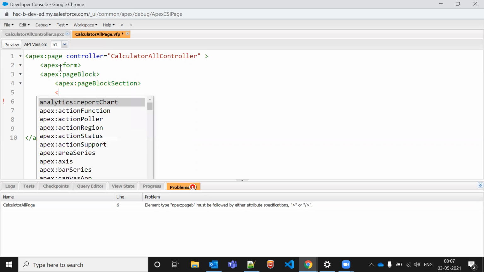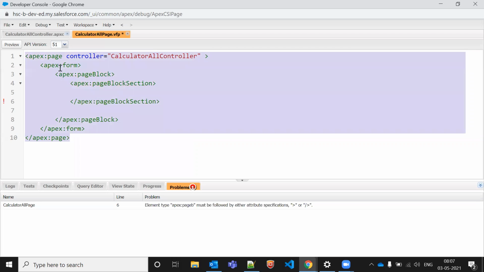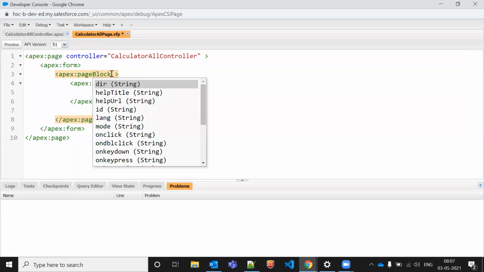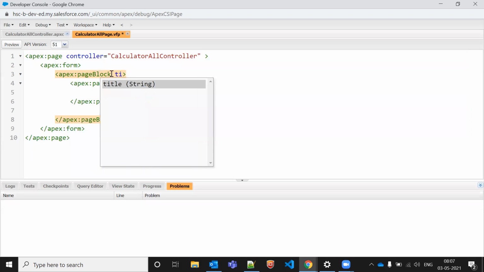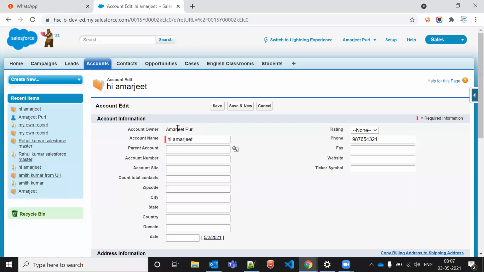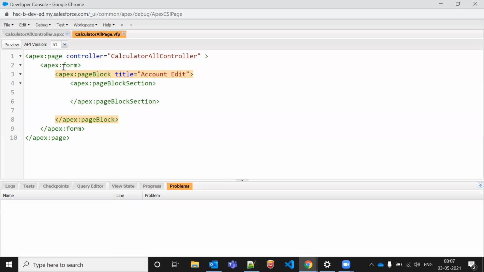Inside that, I can write a title here, whatever title I want to give. So it's the account edit, or something else if you want to give it. It's your choice.